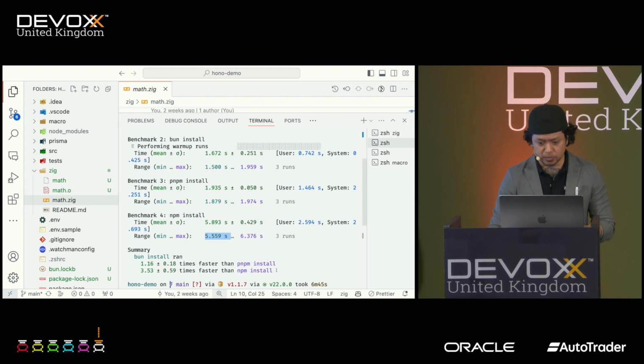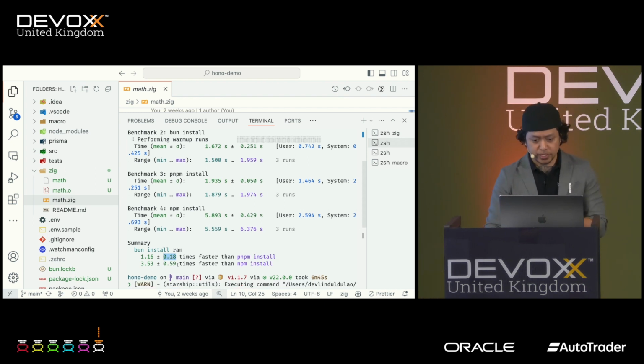And you have the summary here, and it says Bun install ran 1.16 times faster than PNPM install. Then what is this? This is just an error margin that could happen here.